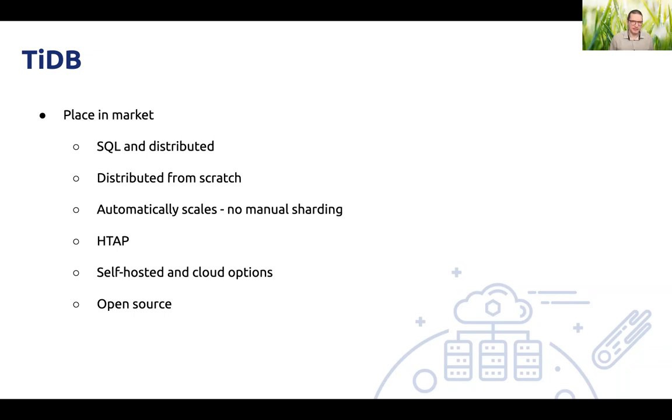TiDB scales automatically, so the user is not concerned with manually sharding their data. It looks just like a single node database. All the distributed stuff is abstracted away. I mean, that's not quite true, because you have a whole bunch of dials and knobs you can configure, which you wouldn't have if there were only one node. But when you're writing an SQL statement or whatever, you don't have to consider sharding,